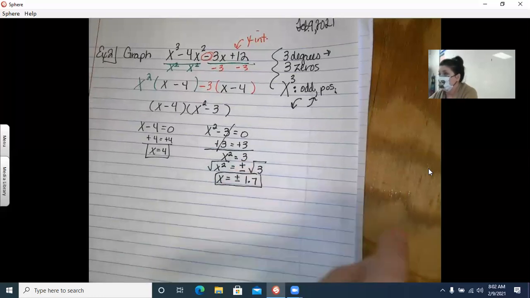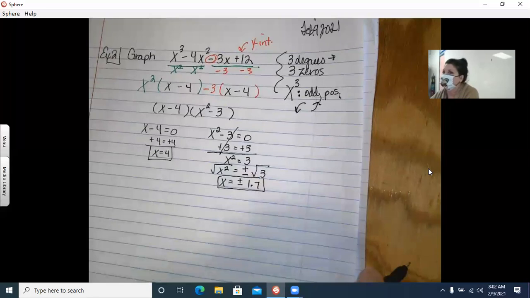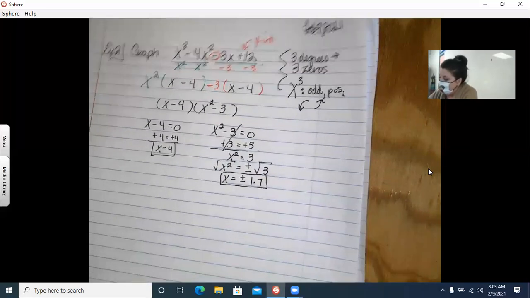Do we have 3 solutions? Do any of them occur more than once? No. So the multiplicity for each one of my solutions is 1, right? So none of them will bounce. When we graph, we're not going to have any bouncing. They all only occur once. So we are ready